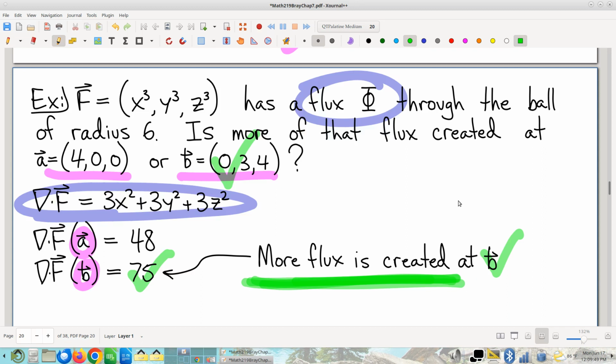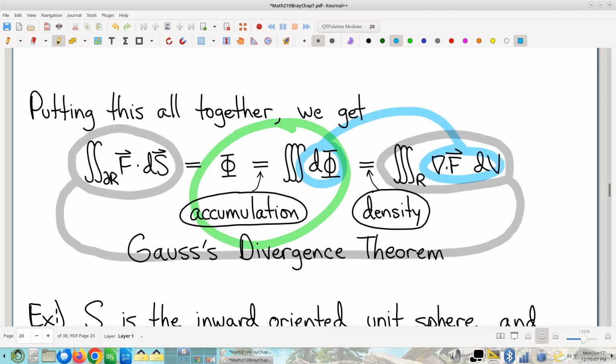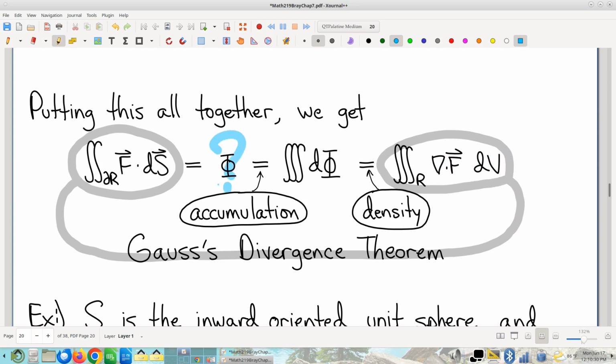All right. So, putting it all together. We agreed that flux was an accumulating quantity. Holds the sum of the parts. We talked about how on any little part, because it's an accumulating quantity, there's a corresponding notion of density, and we know what that density is. The density was divergence. And so flux per unit volume is the divergence. And then recalling, right, that the whole reason we were interested in flux in the first place,